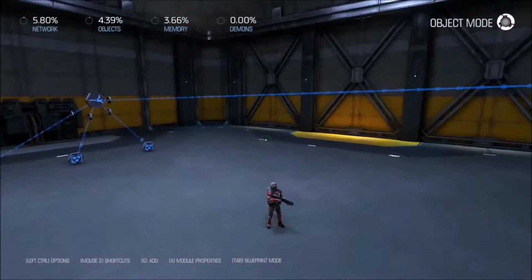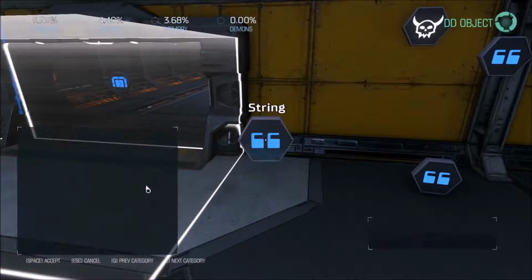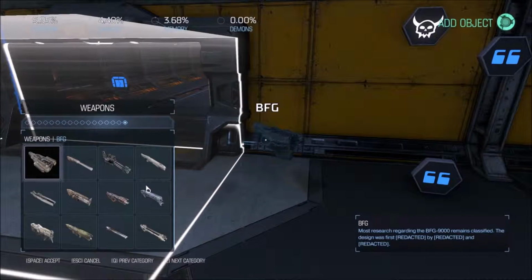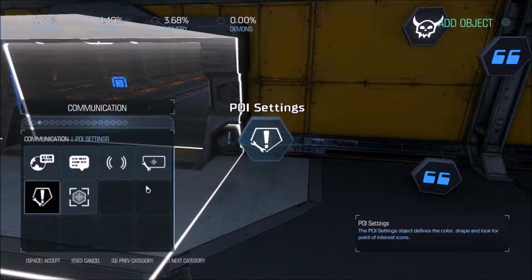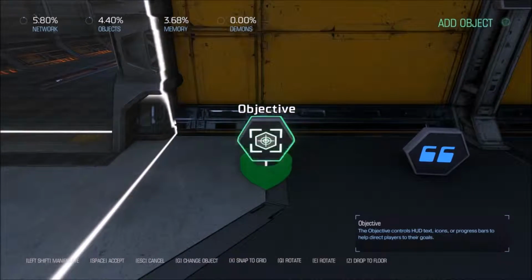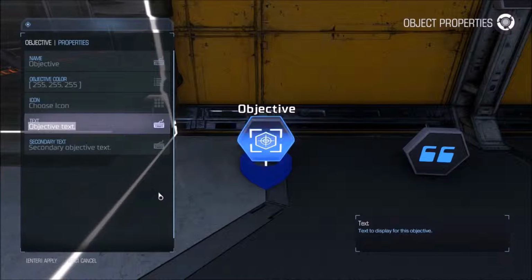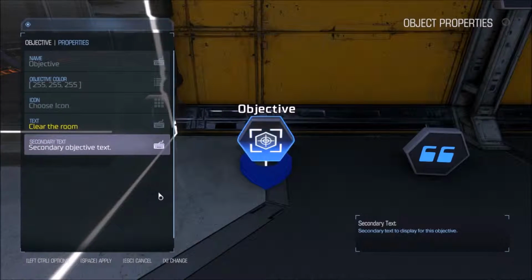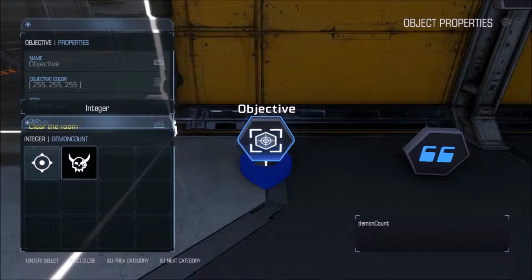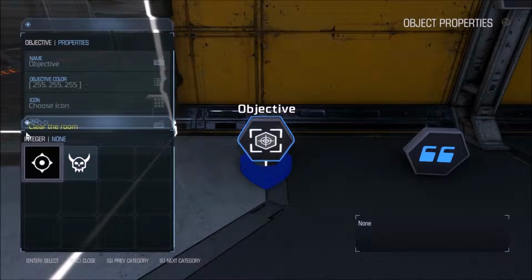We're going to show an objective to our player, so I'm going to go ahead and add that in. I'm going to go ahead and set this text objective to clear the room. And the secondary text we're actually going to change to our completed message variable. So go ahead and hit that options and then swap variable constant button. And we're going to use,